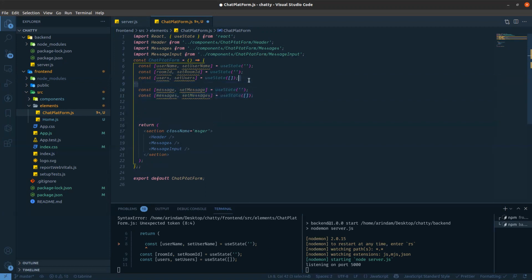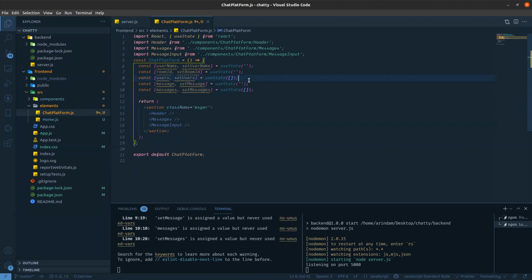Another one is messages. Say you are Jack and your friend is Joe. Jack gives one message, Joe gives one message, and all messages go into a single array called messages. I am putting all the messages already stored in that array into this messages state.